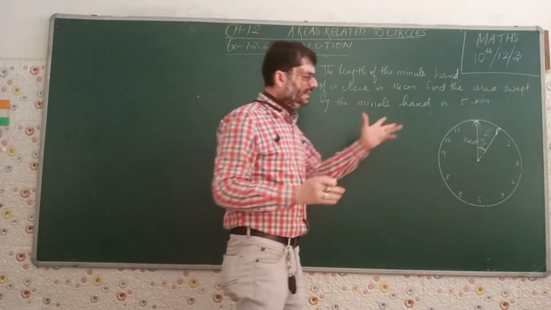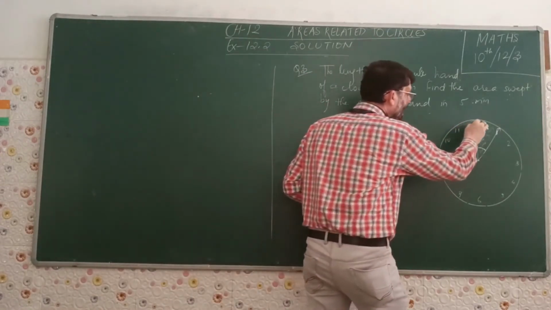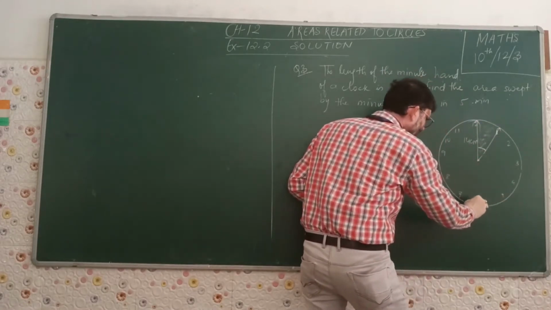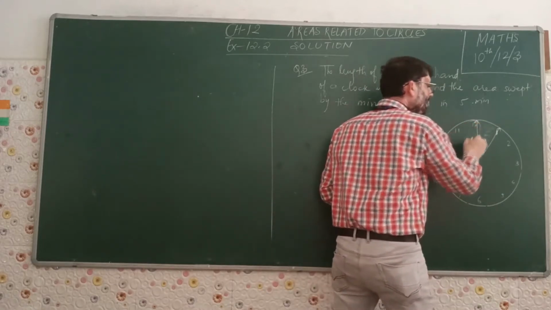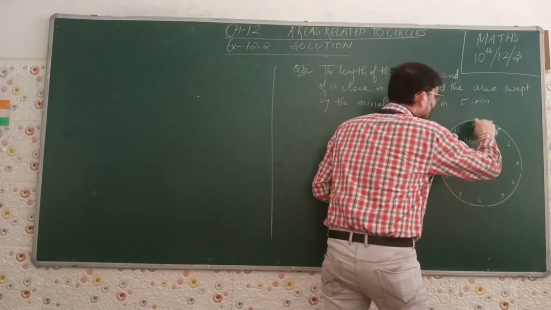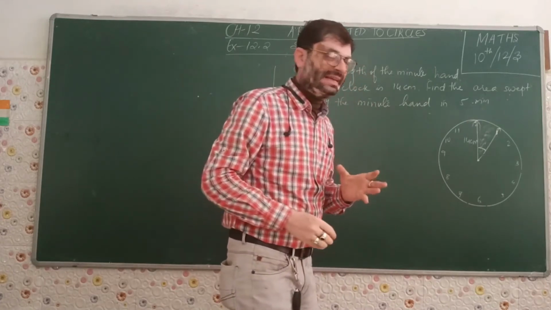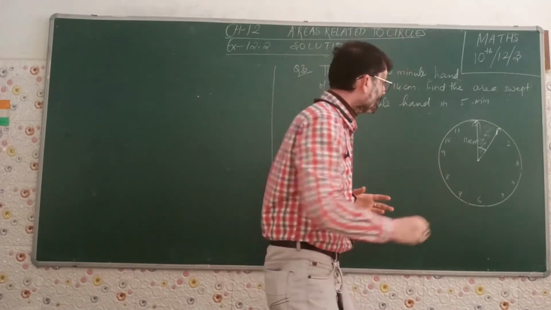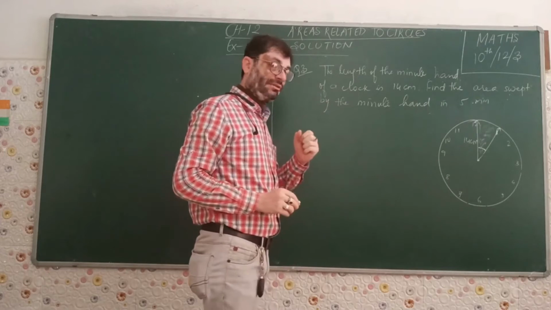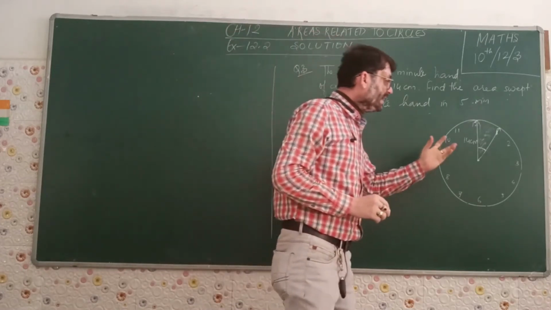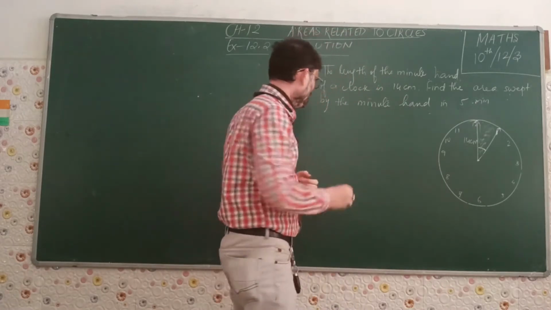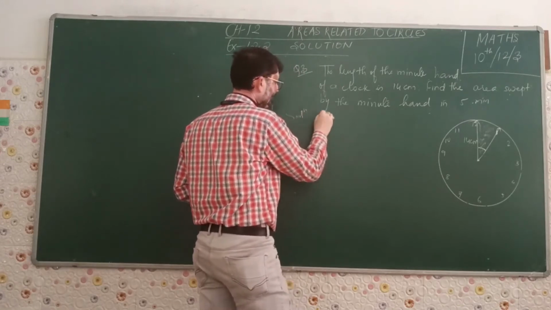Now, in any clock, if the minute hand started from here and moved this way 1, 2, 3, 4, 5, 6, 7, 8 and finally reached 12, that means it had covered 60 minutes. In 60 minutes, it reaches its original position from where it started. That means it had swept a 360 degree angle in 60 minutes. So we can say that in a clock,